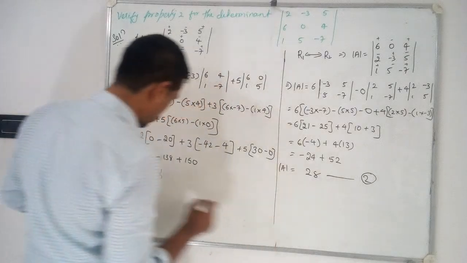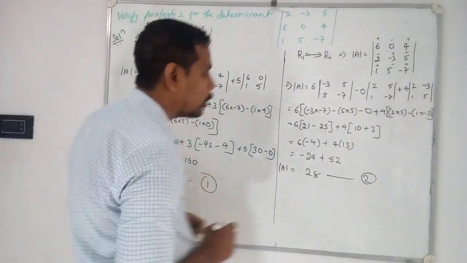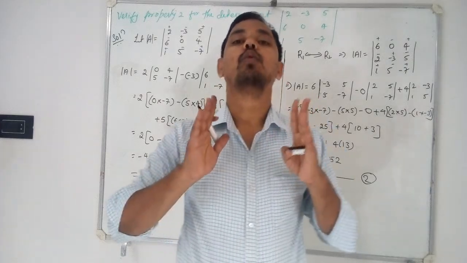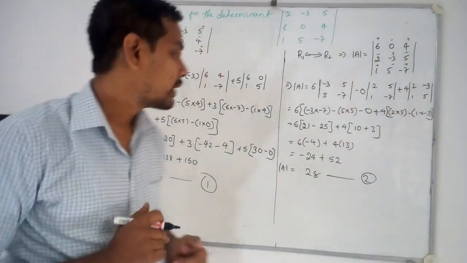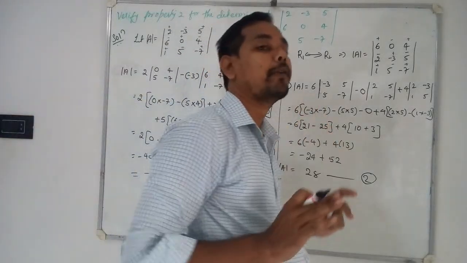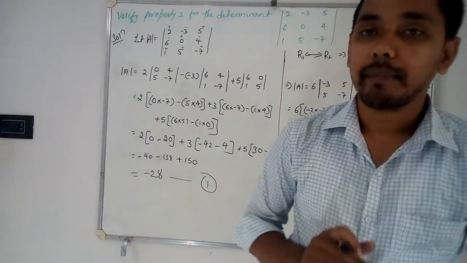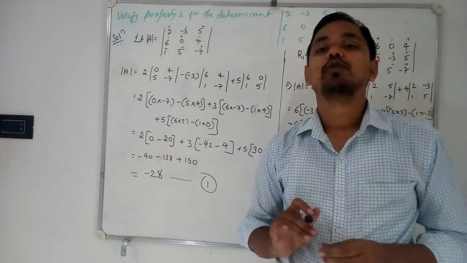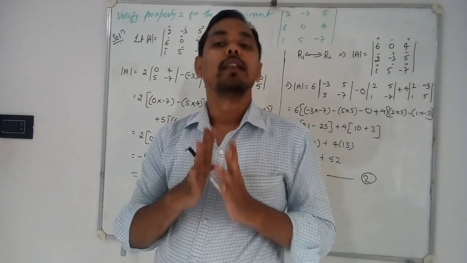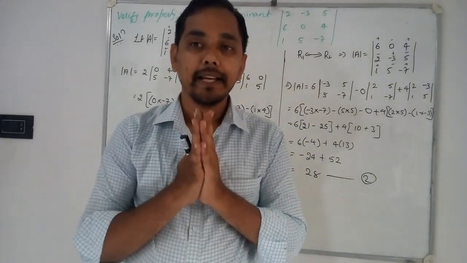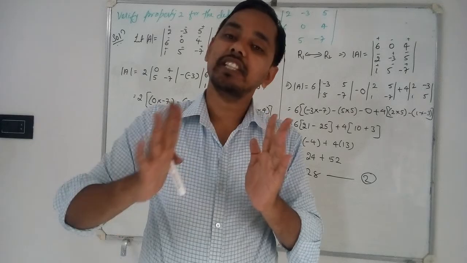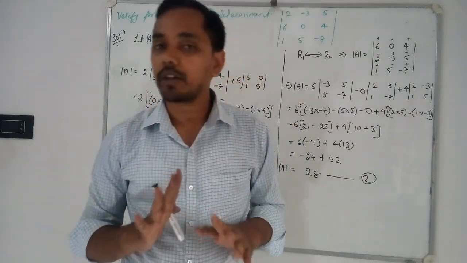Let this be equation 2 and let this be equation 1. So now if you compare equation 1 with equation 2, you are going to observe that we are having minus here, we are having plus. Magnitude remains unchanged. So we can say that by interchanging rows and columns, the value of determinant remains unchanged. But what happens? Its magnitude remains unchanged.